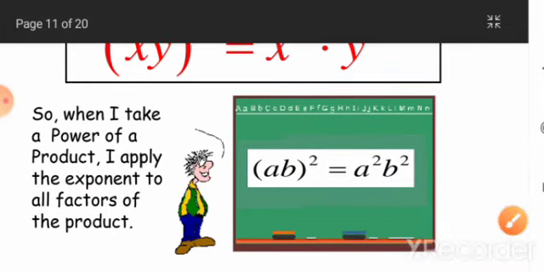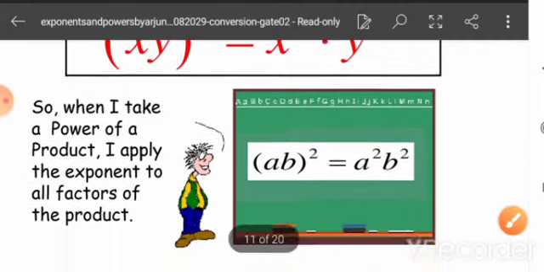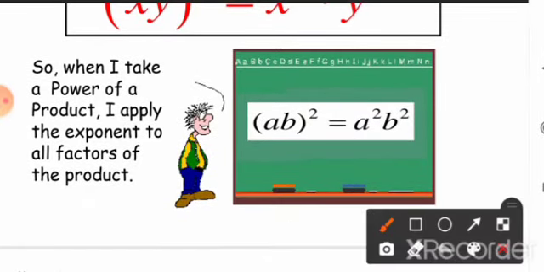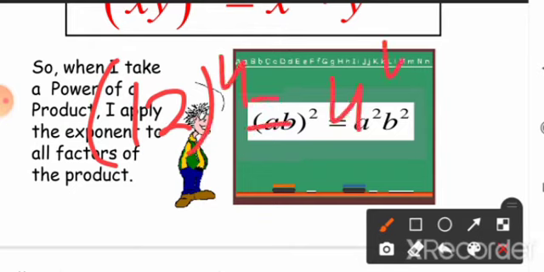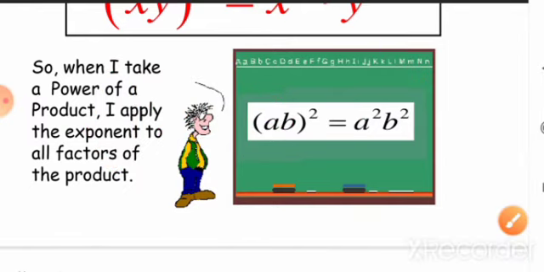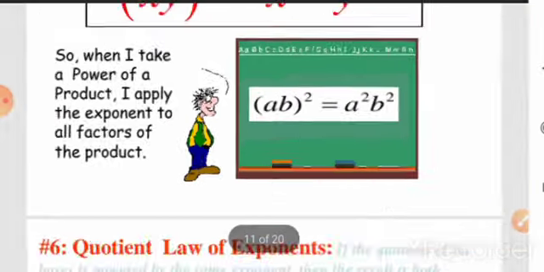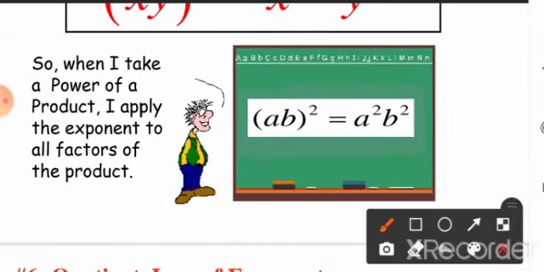If another number is given, x power 12 power 4. So you can write now 4 power 4 into 3 power 4. It means when I take a power of a product, I apply the exponent to the factors of the product. Like (ab) power 2, so you can write now a square into b square. It's very simple. So next one is